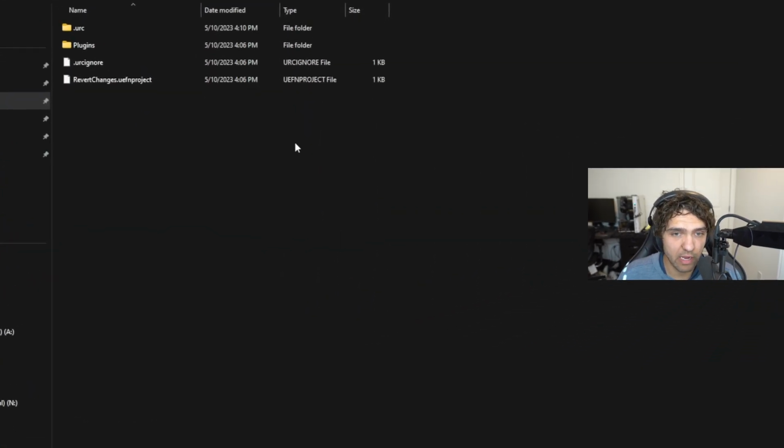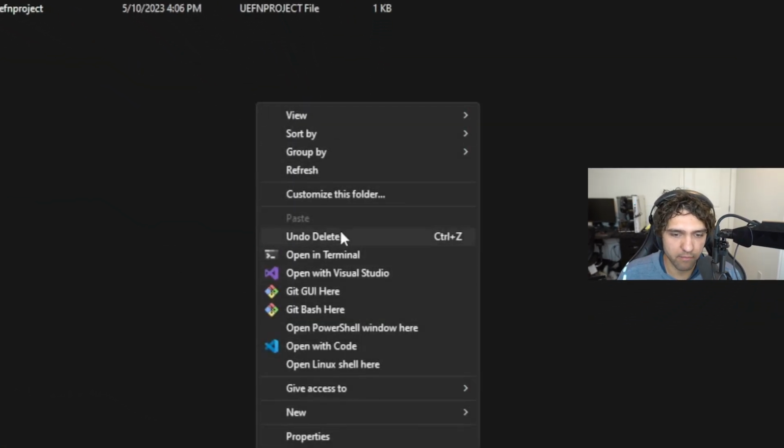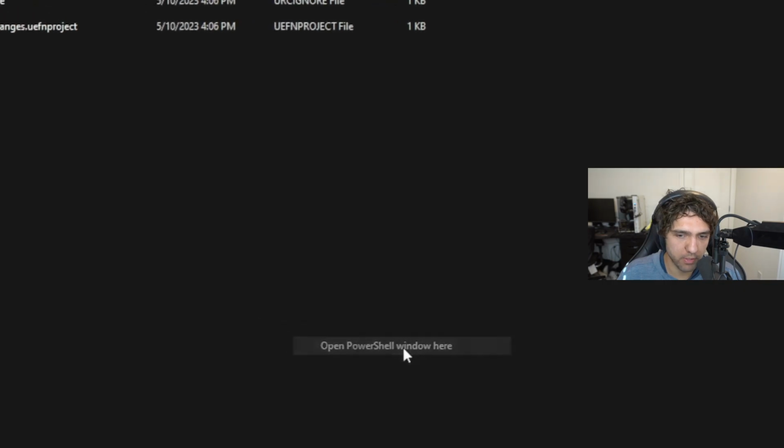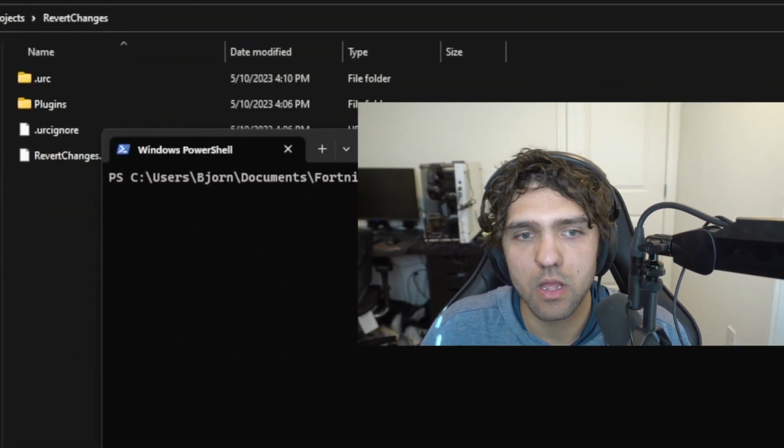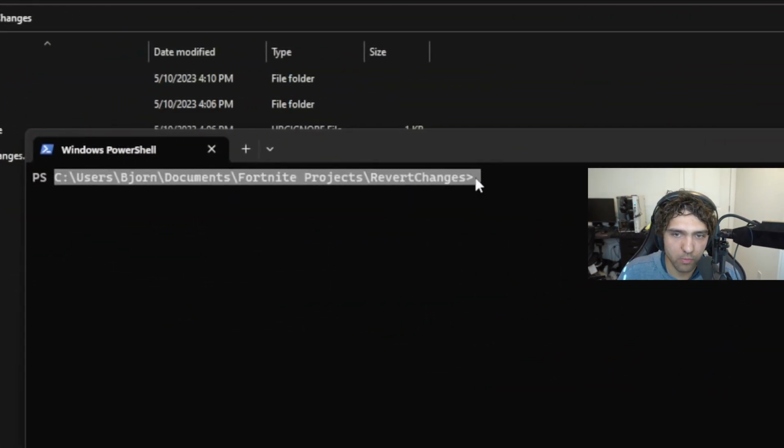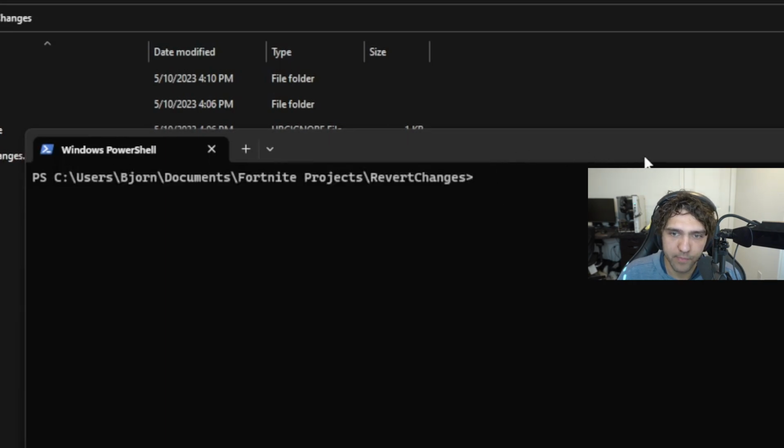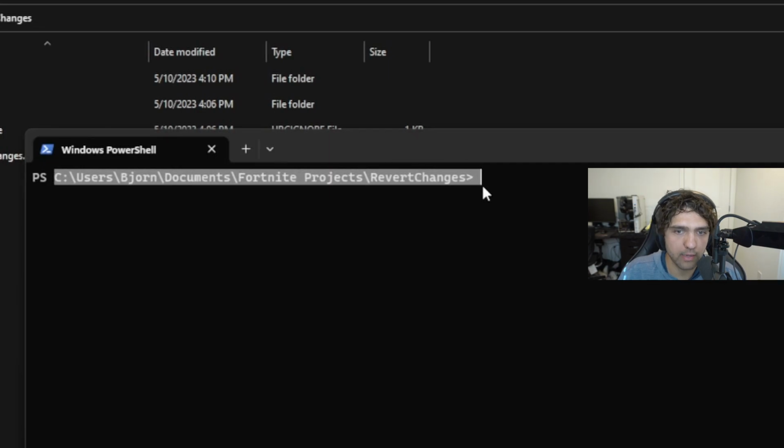All right, well, now that you located the projects folder, on Windows 11, go ahead and hold Shift and right-click somewhere inside that folder. Then just click Open PowerShell window here. If you're on Windows 10 or below, you can just right-click. You don't need to hold Shift. What this does is it opens the PowerShell window in that project directory. And that's really all you need to know. You need to make sure that it is open in that correct directory.